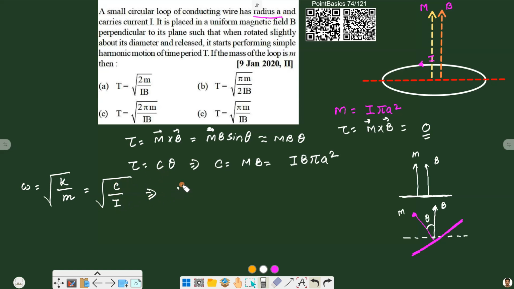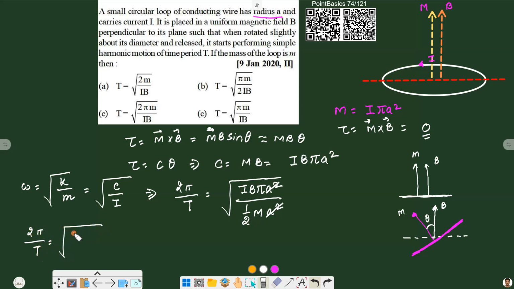So writing the values, omega is 2 pi by T, the value of C is I B pi a square, and here I is the moment of inertia. As this is a ring, the moment of inertia of a ring about its diameter is half m r square. Here the radius is a, so a square gets cancelled, and we are left with 2 pi by T equal to under root of 2 pi